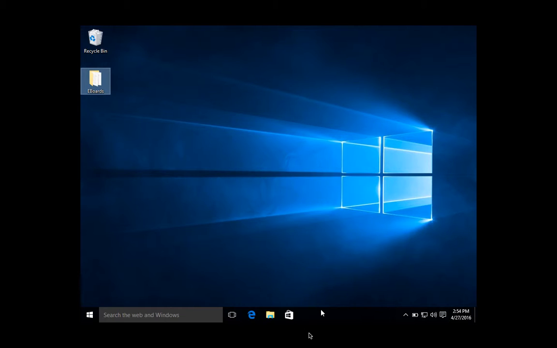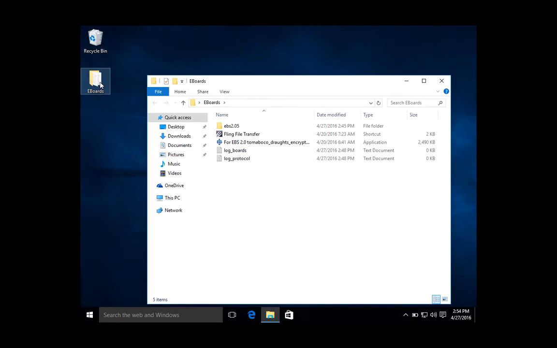Okay, so please note that besides the software that I have put in this folder eBoards and that I will show you shortly, you will also need installed on your computer the most recent version of Java. And if you don't have this software installed already, you can just surf to java.com and install the most recent version for free. Okay, so now assuming that you have installed Java, let's open the folder with all the necessary